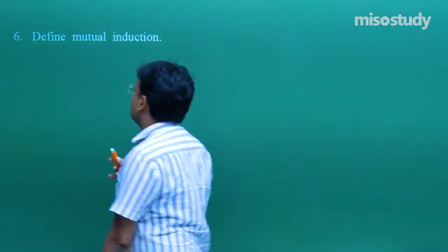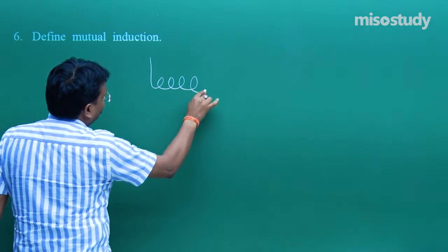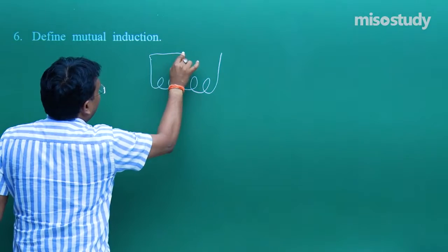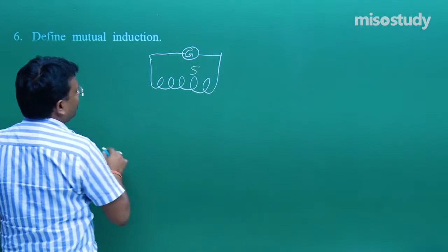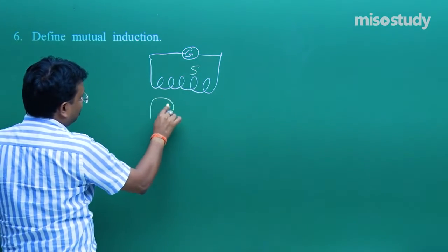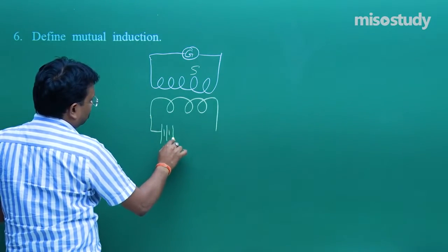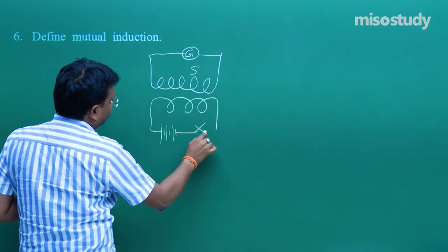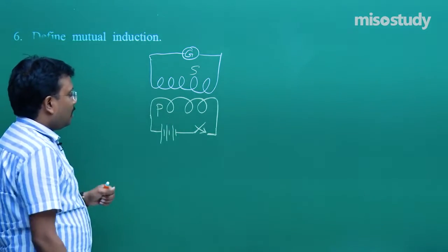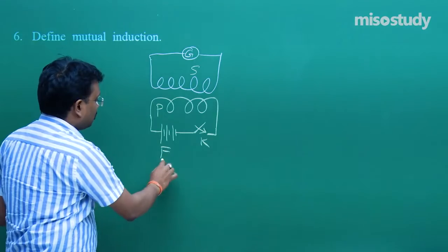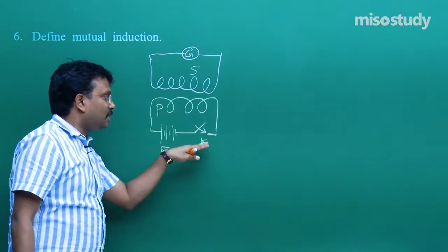But just for the sake of mentioning, you have to draw two diagrams. Fine. First coil, and you have to connect a galvanometer over here, that is known as coil S, secondary coil, and then you have another coil here, and then a key is connected. Fine. So this is the primary coil. K, E. Create this diagram and explain this mutual inductance,